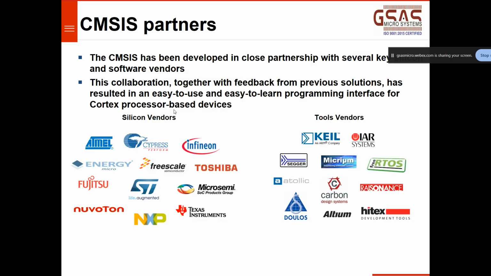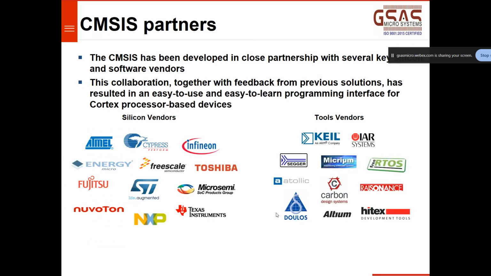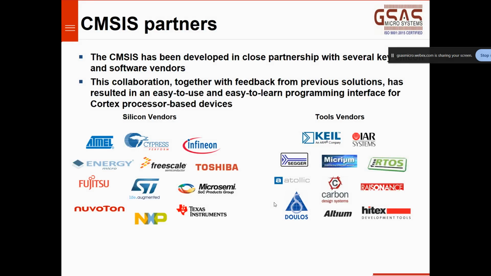These are some of the tool vendors. We have Keil, we have IAR, Segger, Atollic. Atollic is now taken over by ST. Lauterbach, RTM, Hitex, RTOS. Okay, so this was just to give a bridge or a heads up on the previous webinar. So now we will go to